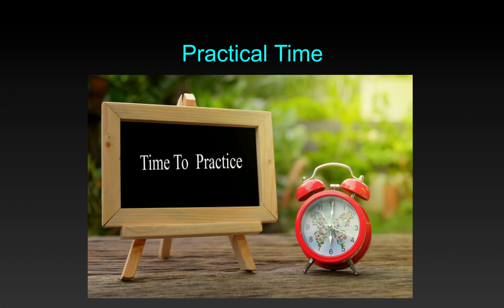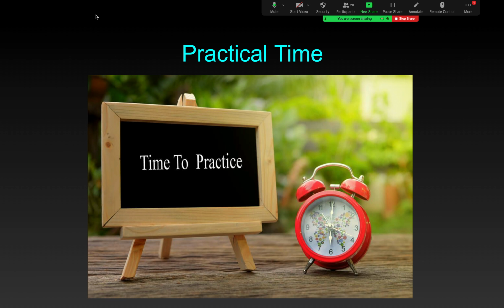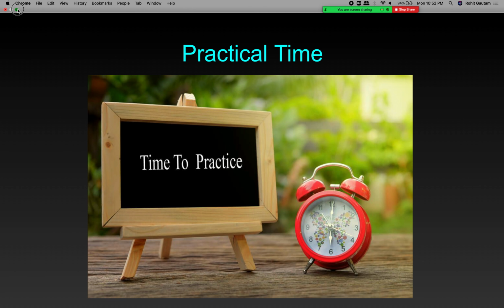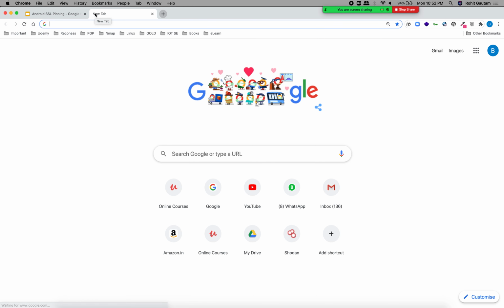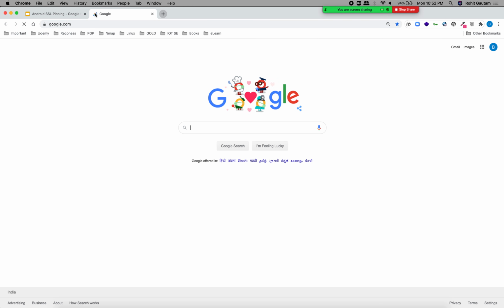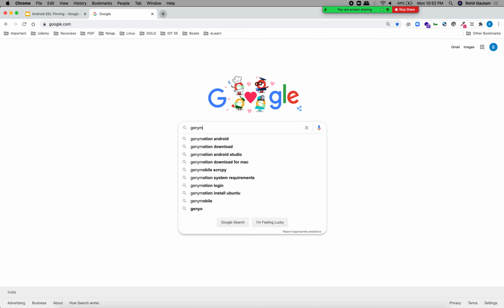The first way includes 3 things that we are going to do. So let me just start it and I will show you. The first thing that you require is an Android emulator. An Android emulator is something that will be helpful for you to install and run the application.